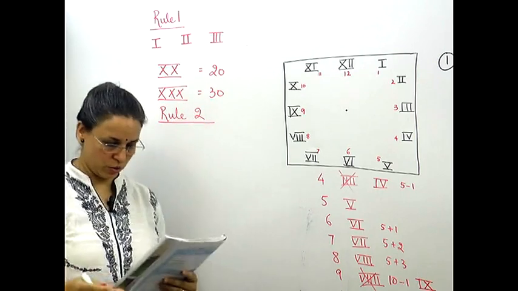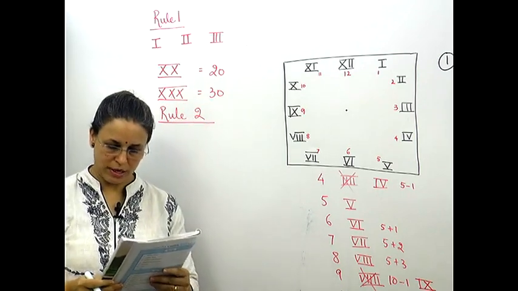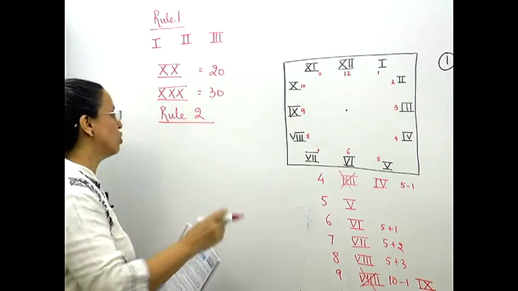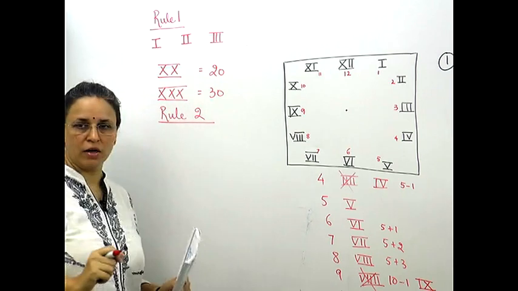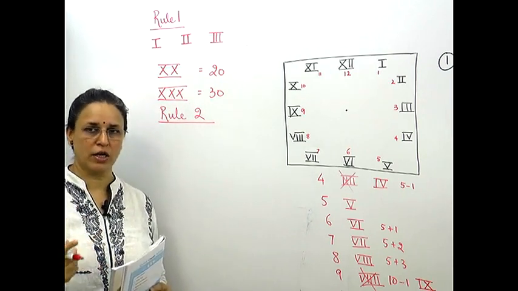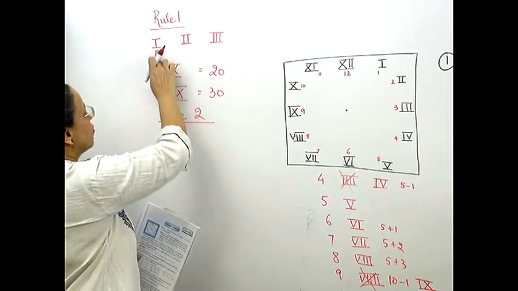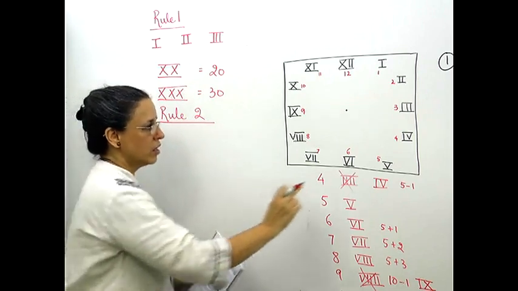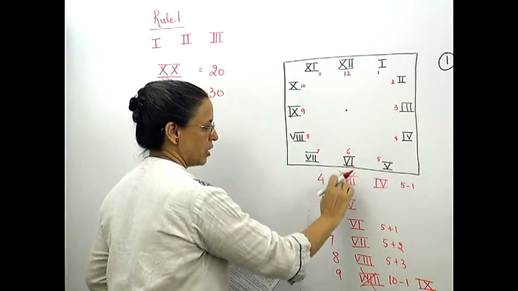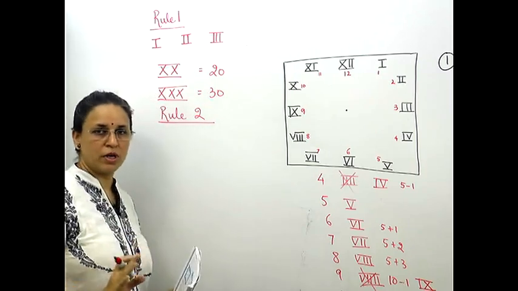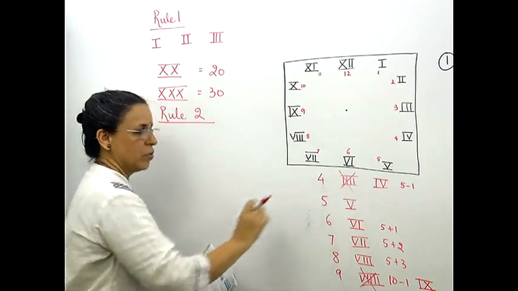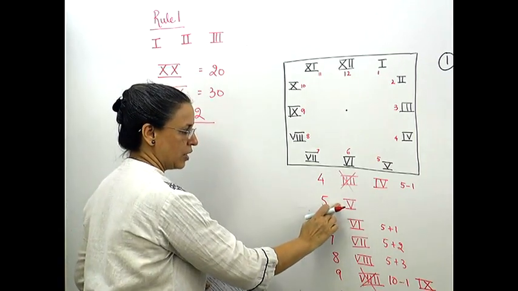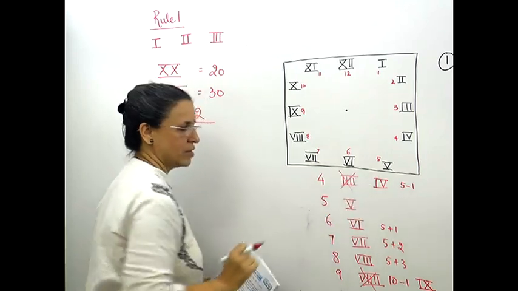Let us see rule number 2. The symbols 1 or 10 can be repeated consecutively for a maximum of 3 times. यहाँ पे क्यों उन्होंने जानबूझ के ओनली 3 टाइम्स लिखा? क्योंकि जब 40 लिखा जाता है वो अलग नंबर होता है. यहाँ पे भी हमने देखा 1, 2 और 3 बार आप रिपीट कर सकते हैं. लेकिन द नंबर 4 के लिए हमने ऐसे 4 लाइन बनाना मुनासिब नहीं है. This is wrong. Why? Because number 5 has a different type of symbol. इसका चिन्ह अलग है तो 5 से 1 माइनस करना है.